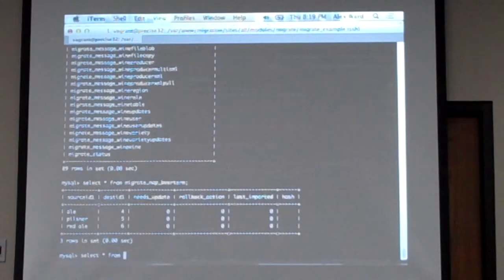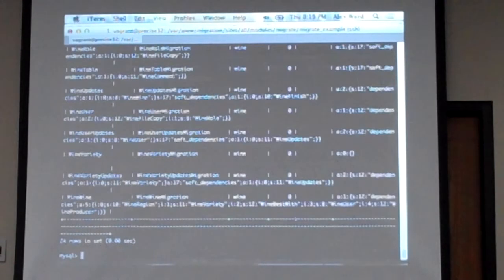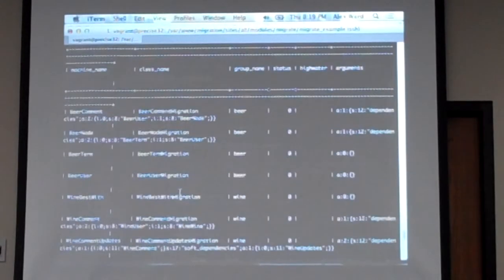It's a list of all the machine names plus a couple of other bits of data. So that's actually not really bad. It's essentially machine name, the class name it's mapped to, and what group it's in. The status field maps to idle, migrating. And that's where your high water is at, okay. Yep, and then high water stored right next to that. And then arguments. This is a serialized representation of